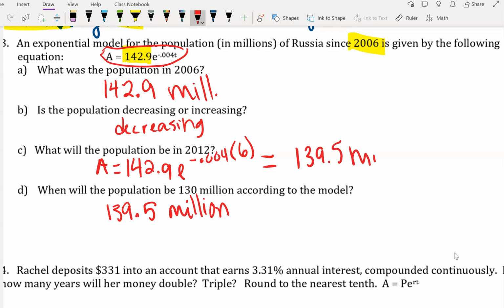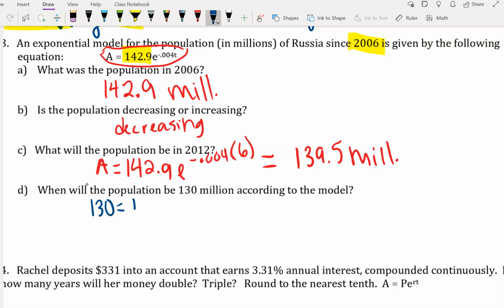139.5 million, which hopefully makes sense because we decided that the population was decreasing. All right, when will the population reach 130 million according to this model? Well, last unit, what we would have done is plug this into the table function of our graphing calculator, and we would have scrolled to see when it hit 130 million, but we're going to do this algebraically since we're in the log unit. So we want to see when it's going to be 130,